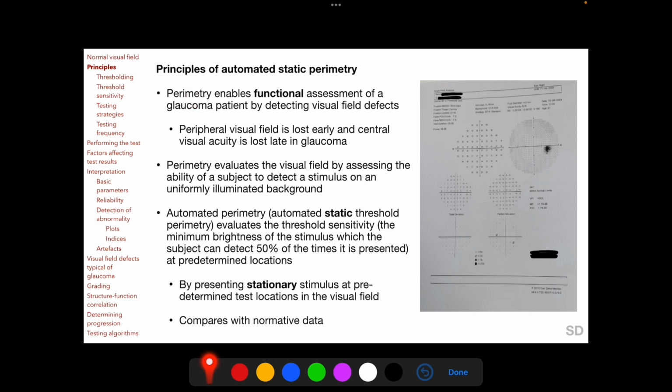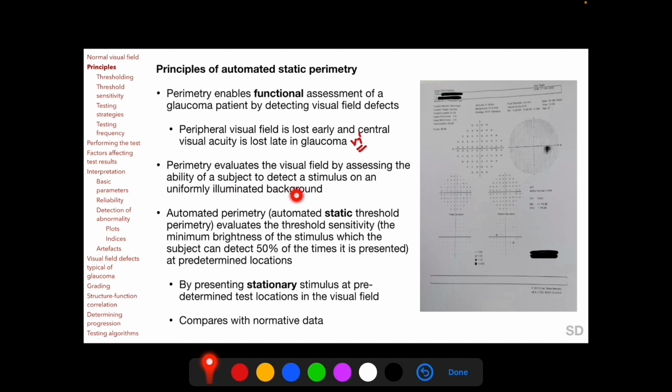Perimetry enables functional assessment of a glaucoma patient by detecting visual field defects. Peripheral visual field is lost early and central visual field is lost late in glaucoma, and this is very important to remember. Perimetry evaluates the visual field by assessing the ability of a subject to detect a stimulus on a